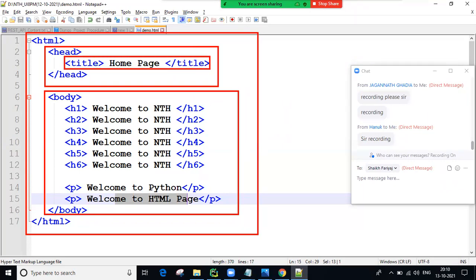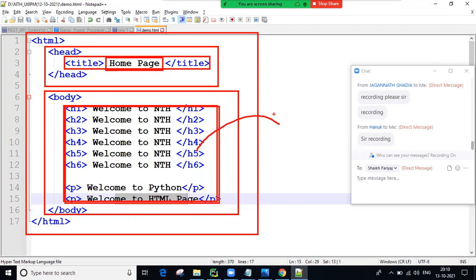Inside the body also, n number of tags we can write, whatever you want. After executing this program, you get the browser's title, and you get the web page content. Only body-related tags containing content you see as output.